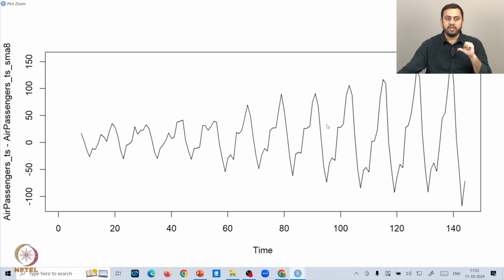And then one problem again here, I'll say that if you compare this plot with the earlier residual plot where we used SMA 3, one can clearly see that the amount of changing variance is predominantly high in this fit because all the peaks, if you see, are really higher than the earlier plot, right? This could be a problem, right? Because we want the variance to be as less fluctuating as possible. So if the variance is fluctuating that much in SMA 8 as compared to SMA 3, then probably one should actually go with SMA 3 instead. Alright. So these are just some observations that one can make from creating such plots.